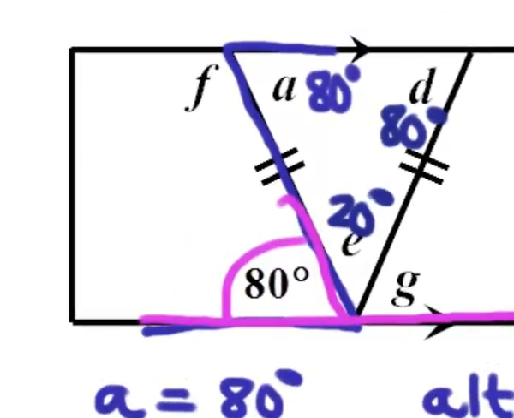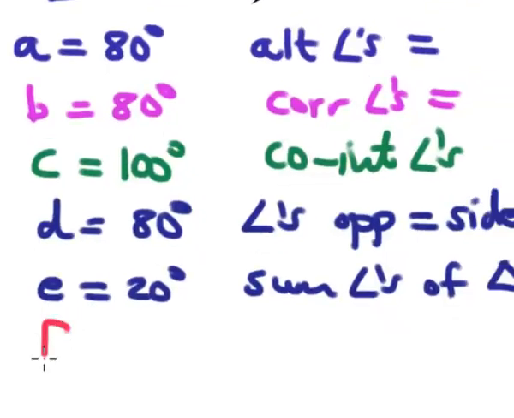Okay, what about F? Well, F, there's many options here that you could use. If you look at that, this is a straight line here. So you could say F is 100 degrees. Also, of course, these two are co-interior. There's the U. So you could say, but either way, let's use the idea of the, they call this, now watch this,